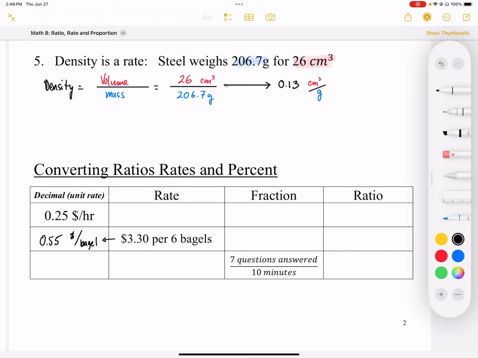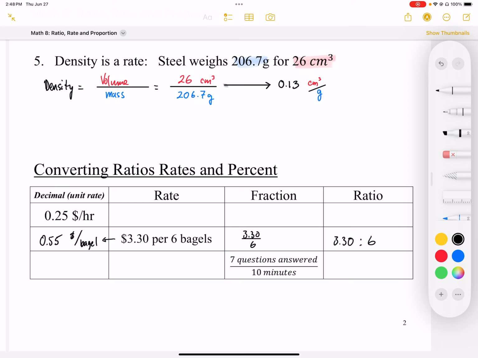Okay. To convert this into a fraction, what we want to do is just write this as 3.30 over 6. And as a ratio, we can just write this as 3.30 to 6 as a ratio like that. And we can put our units into our ratio as well if we want. So if we're starting with a